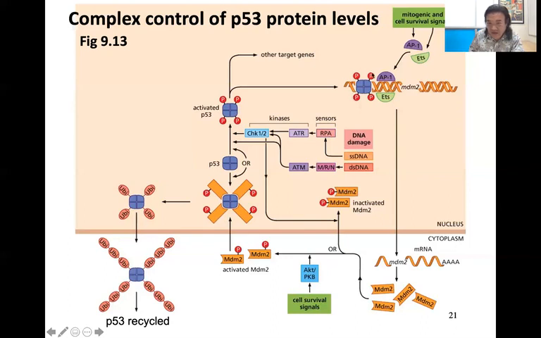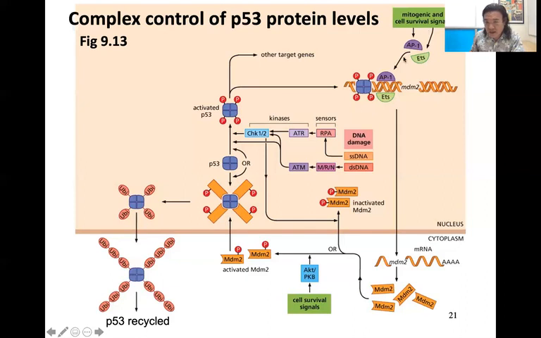And I did mention that one of those genes is the MDM2 gene itself. So it's kind of ironic in a way that the activated p53 makes more MDM2 that will then eliminate or reduce the function of the p53 in this negative feedback loop. And this is kind of neat, because that means the more you can encourage MDM2 production, the less you're able to have p53 functioning, and the more easily the cell plunges forward through the cell cycle, even if it shouldn't.